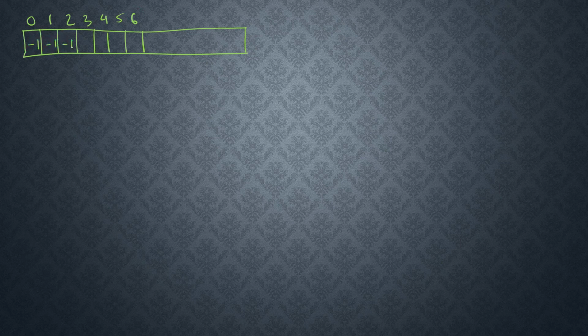Let's say here we have our array. These are the indexes, and it is initialized with minus 1. And let's say we'll modify the array here. So when we want to start calculating f5,